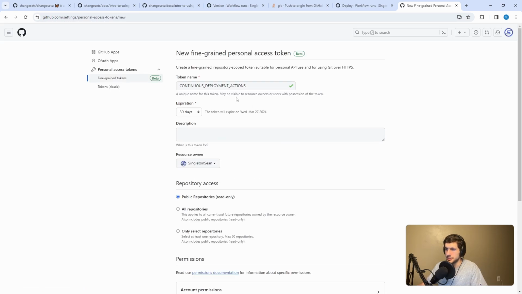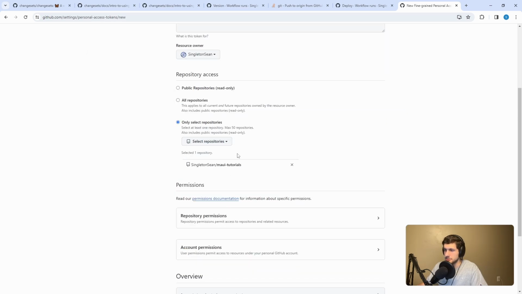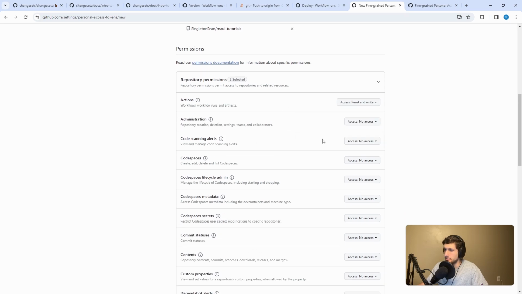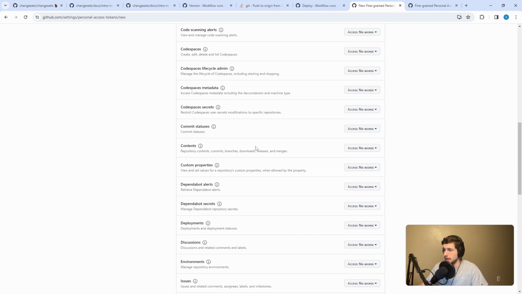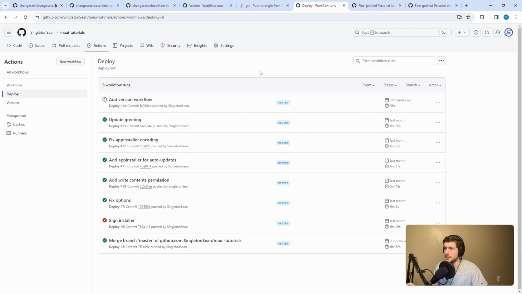I'll call this continuous deployment actions. Let's only give it access to our repo, so MAUI tutorials. And I believe we have to give this read and write access to actions and also read and write access to contents. But that should be everything. Let's create the token. All right, so I copied the token over to my clipboard, not gonna share it, but